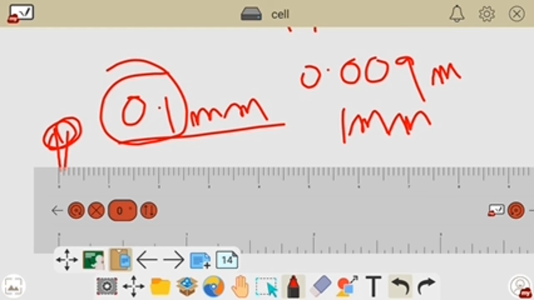But I should say that there is no relation between the size of the cell and the size of the body of the animal. It is not necessary that if the animal is very large, the cell should also be very large. But if the animal is large, the number of cells is also very large, though the size may not be large.